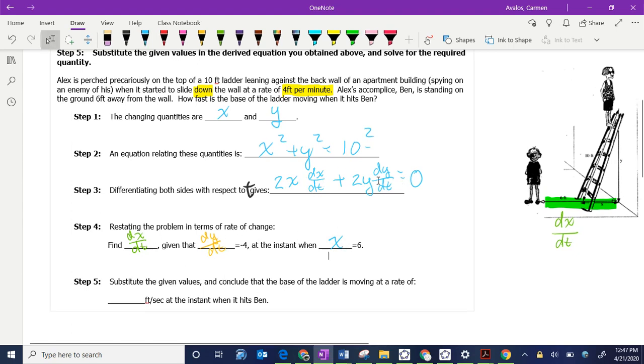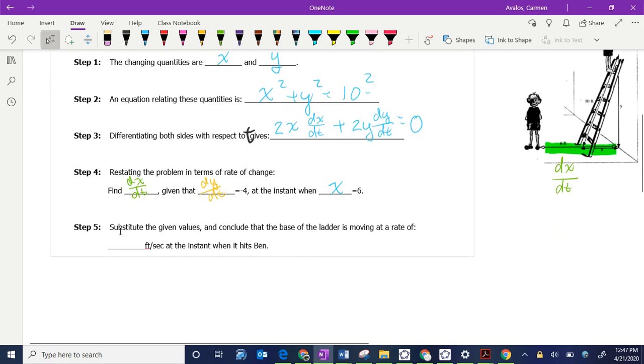So that's what we're looking at, and I have the equation that we have here. We're just going to substitute in the given values. So we're going to fill in this here. We know we're given 2, and then the x that we want is going to be 6. So we're filling that in, that's when x is going to be there. And then it's going to be the dx/dt. That's what I want to find out, so I am going to put that in there. That's the dx/dt that we're going to try to find, plus the 2,